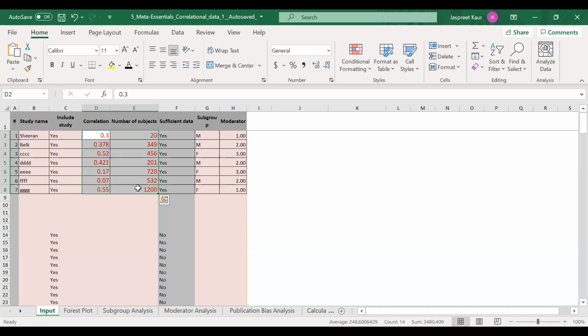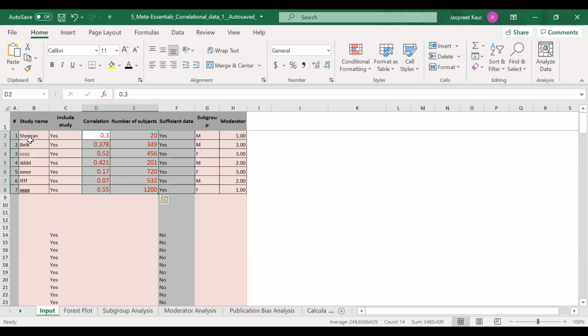By the way, after this, we don't have to do anything. We just have to analyze the research results and report them in a paper. So I cut, copied, and pasted the correlation value and the number of subjects into this file. Please don't do it because you don't have data. Let it be the standard. I think there are 6 values in the standard sheet. Let them be as they are and understand the concepts.